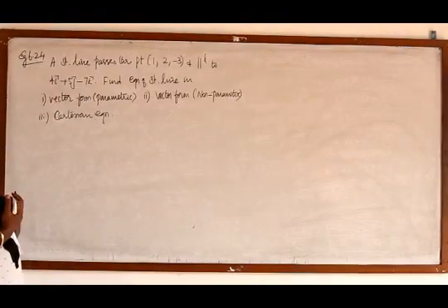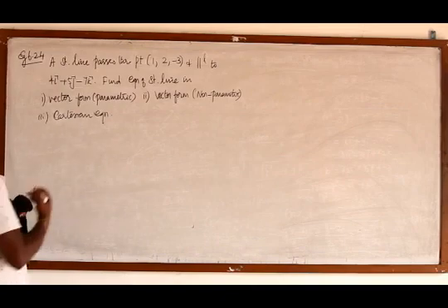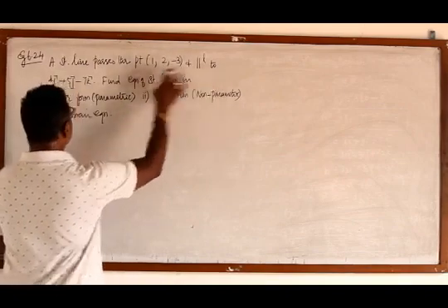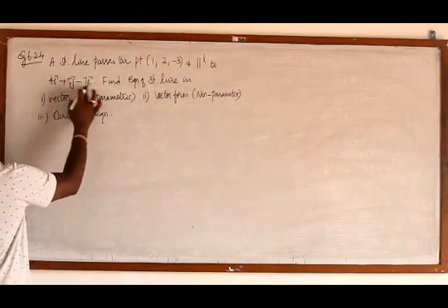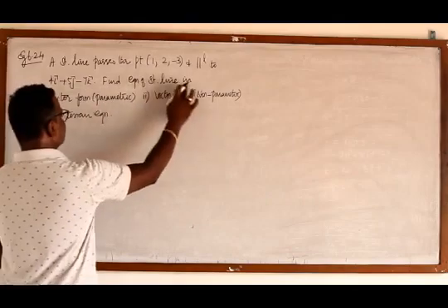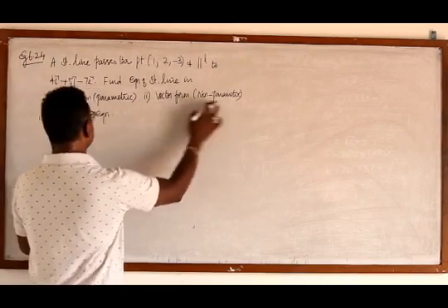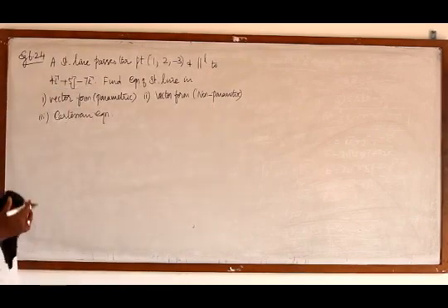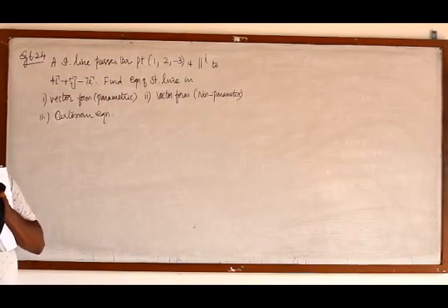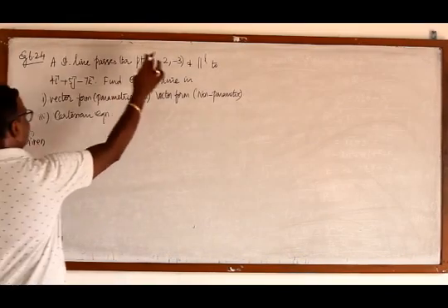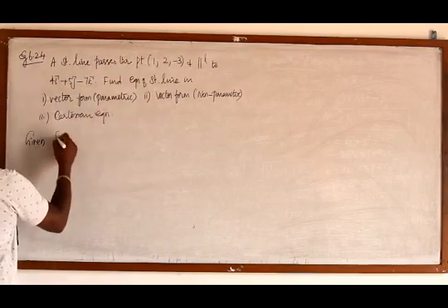Now we shall go for all the examples. First one, example 6.24. A straight line passes through the point (1, 2, -3) and is parallel to the vector 4i + 5j - 7k. Find the equation of the straight line in vector form, which is parametric, vector form non-parametric, and Cartesian form. Whether they are asking or not, we shall find all three hereafter. An equation means parametric, non-parametric, and also Cartesian form. But we must know what things are given.